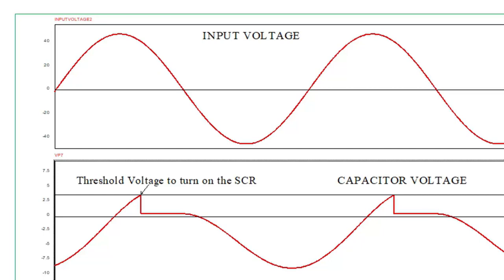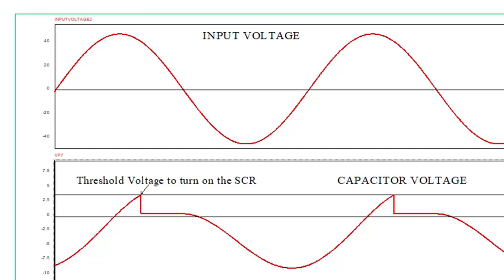In the resistance firing circuit also we have seen that if the minimum gate to cathode voltage is developed across the resistance, then the thyristor will be on. Here also, if the capacitor is able to develop the minimum gate to cathode voltage, our SCR will be on. When the SCR is on, the capacitor is completely discharged and the voltage across the SCR is reduced close to zero. You can see the flat path here just after achieving the threshold gate to cathode voltage.